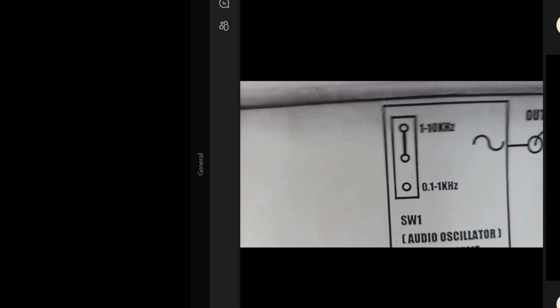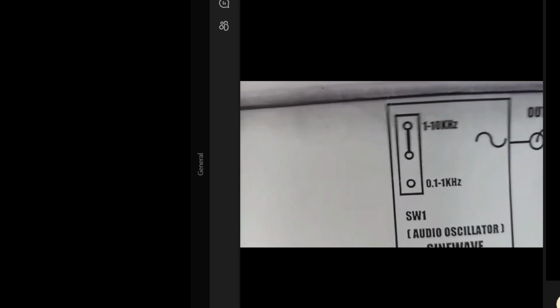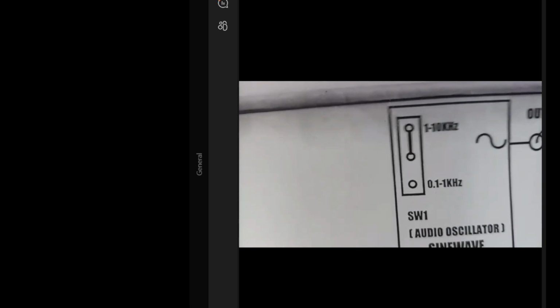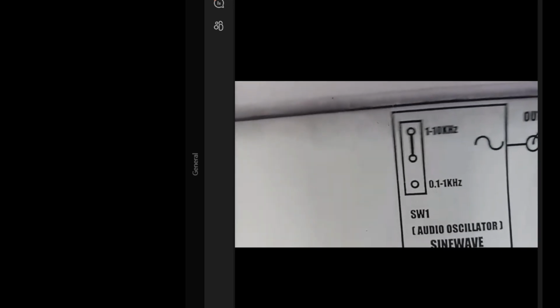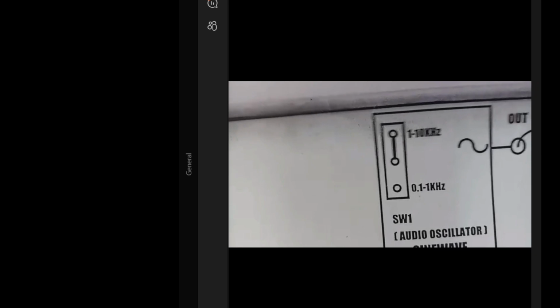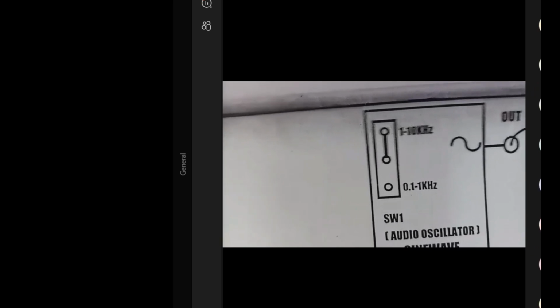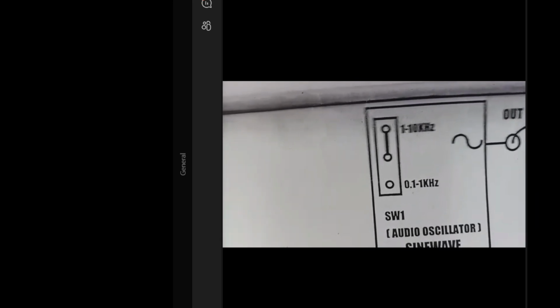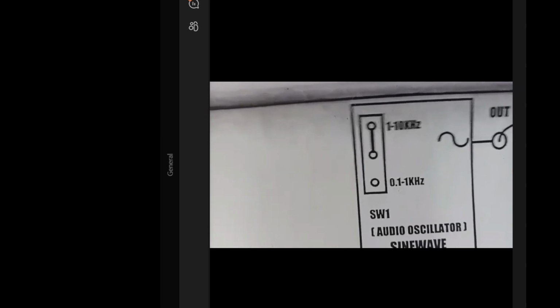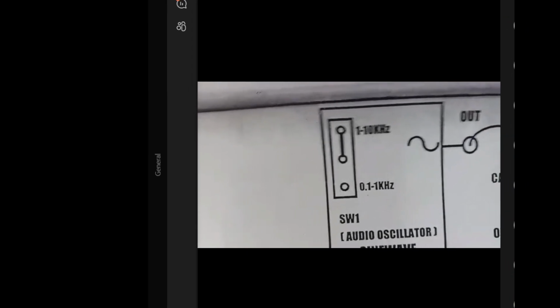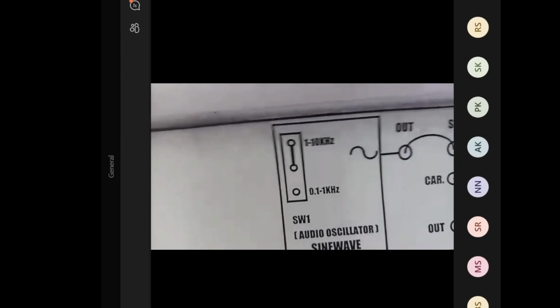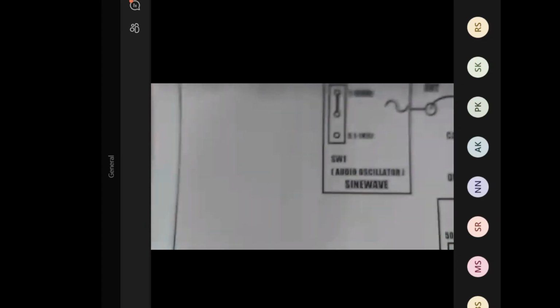These are the two options. The oscillator can generate signals from 0.1 to 100 kilohertz. This particular VCO, voltage controlled oscillator, is the source of the carrier signal. And then we have, sorry, it was a mistake.